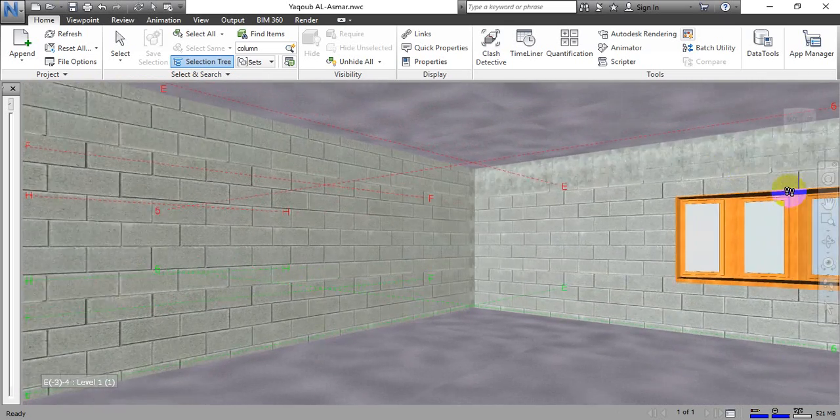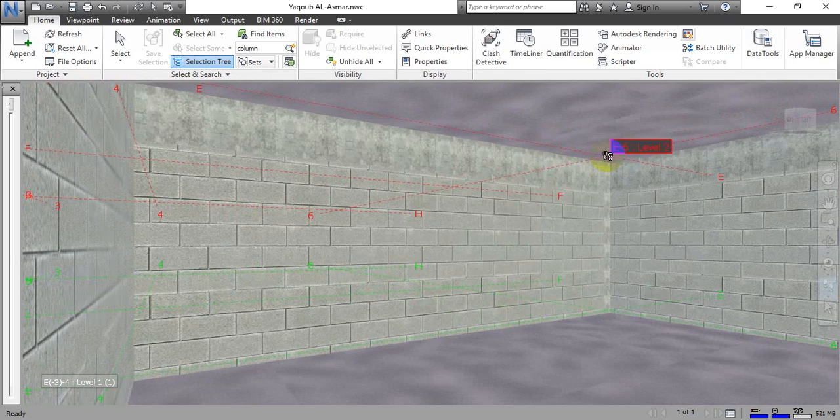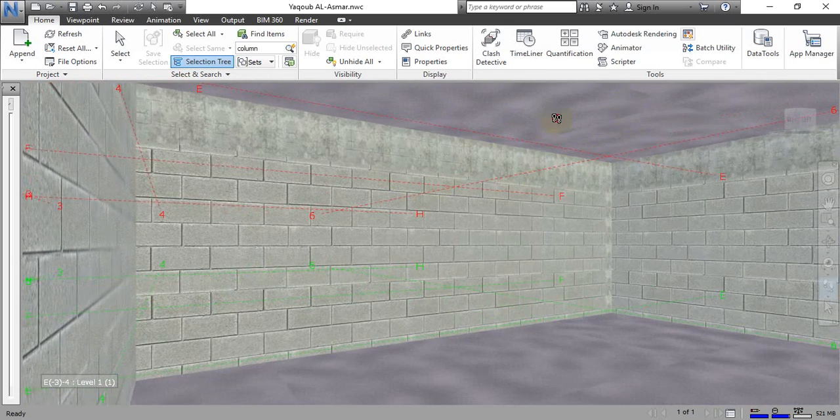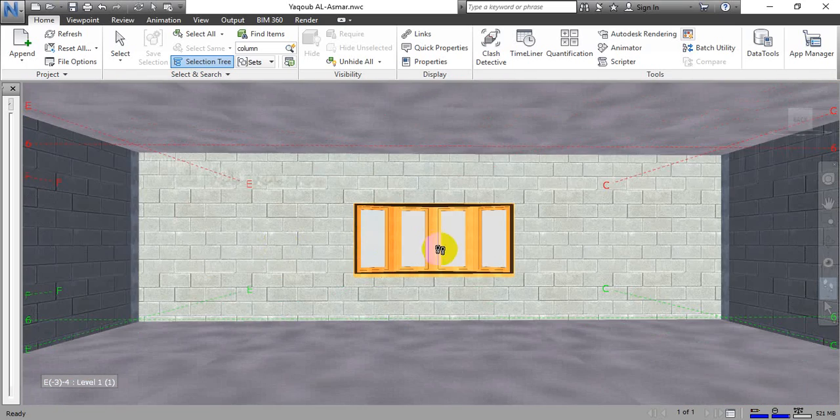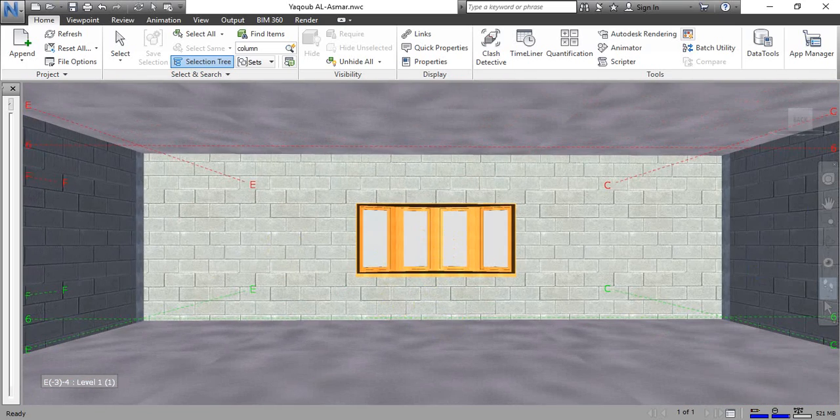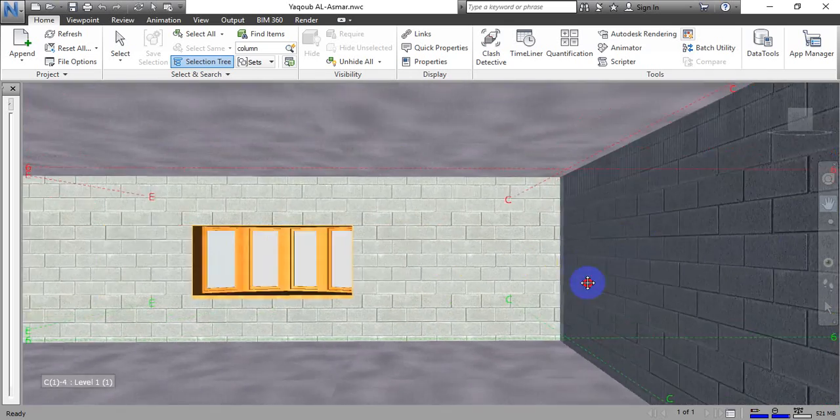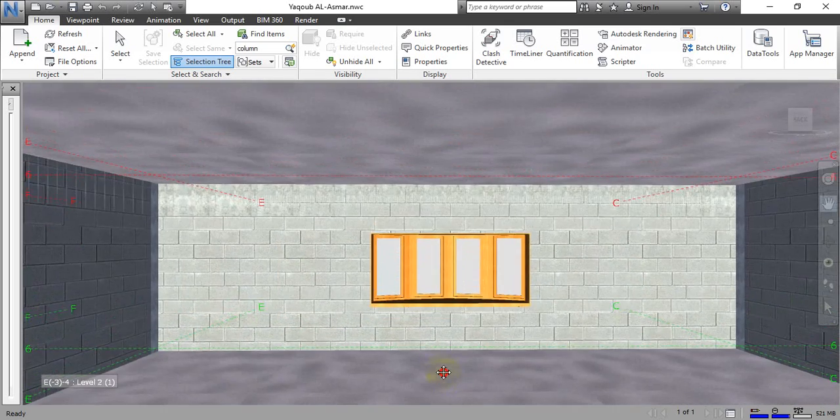For example, maybe there is a gap in this direction, or the slab is not in the wall or in the columns. Any error inside the building, we can figure it out, which is a good option to find it before we start the construction of the building. For example, let's go up